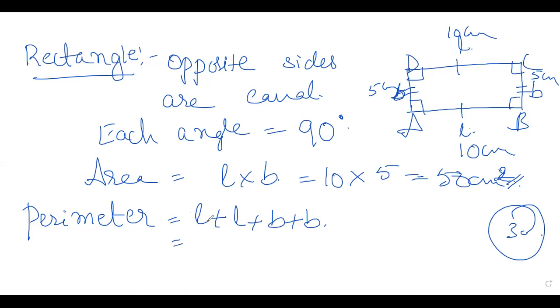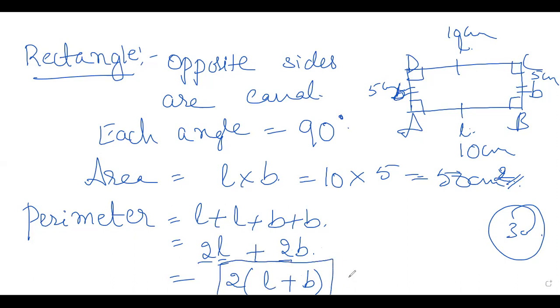So how to do by using the formula? L plus L is 2L, B plus B is 2B. So here 2 is common in both. So take it outside, children. So what remains here? It is L. Here it is B. ನೀವು 2 ನ ಕಾಮನ್ ತೆಗೆದಿದ್ದೀರಾ. ಸೊ ಏನಿದೆ ಅಂತಂದ್ರೆ L plus B ಇರುತ್ತೆ. So this is the formula to find perimeter of a rectangle.